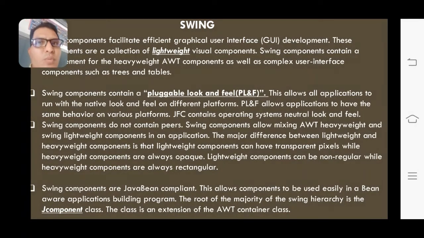Whatever app is appearing in your Android operating system, the user interface has been developed using swing components only. Okay, so your heavyweight components are always rectangular shape. Now let us see the next point. Swing components are Java Bean compliant. Here Java Bean is one of our additional topics. This Java Bean is also helpful for Enterprise Edition. Enterprise means business editions. Okay, if you are developing business type applications or business purposeful software, then your swing components use this Java Bean compliance.